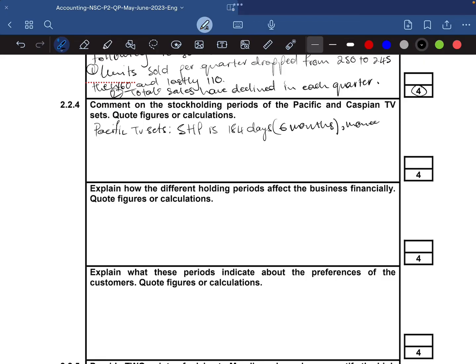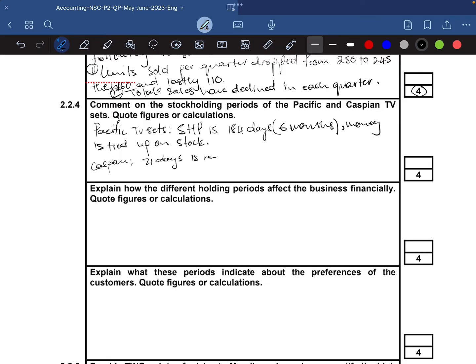Money is tied up on stock. The stock is not generating any cash. You could also say that. And then we're looking at the Caspian. So 71 days